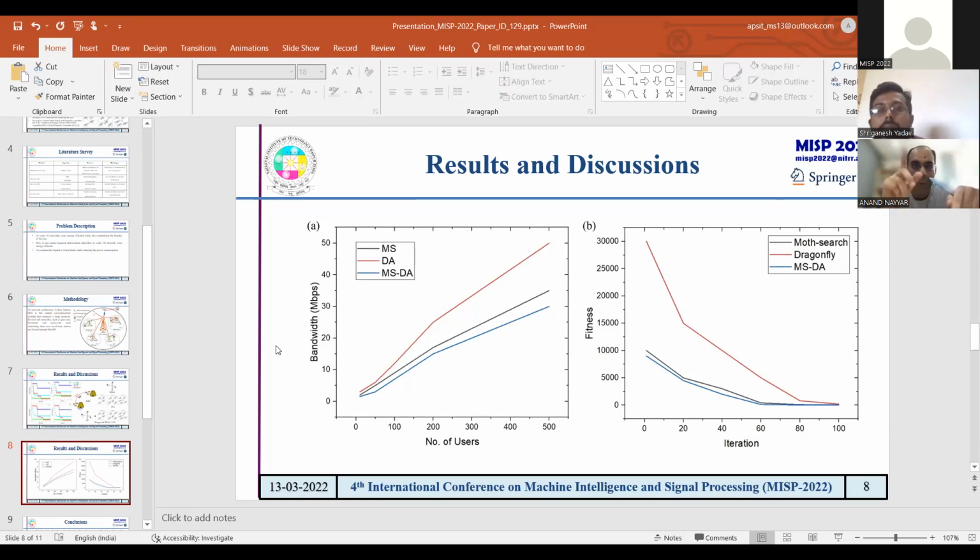Now, my other question, watch carefully what I'm going to ask you. How many users per region? We say that 5G is like femtocells. So how many users have you taken as a base? And what was the primary and the obvious bandwidth that you have taken, before you applied your technique? You said that you're optimizing the results. 5G is already optimized. Now, this is my question. How many users in that region and what was the primary bandwidth? Then you applied your algorithm, and then how much was the bandwidth? This is my question.